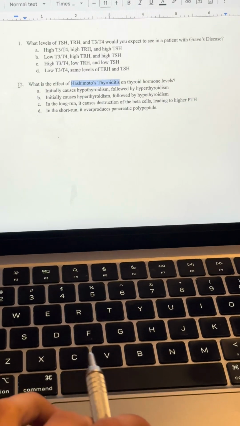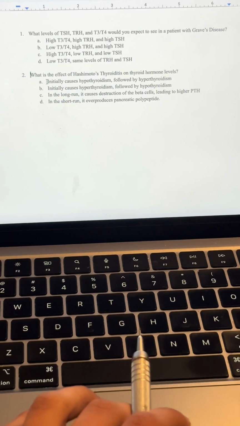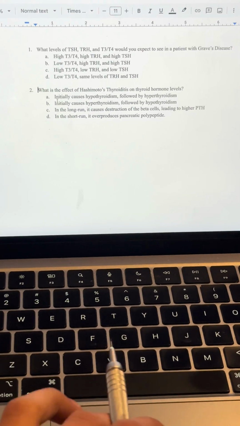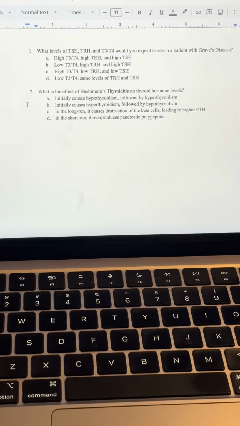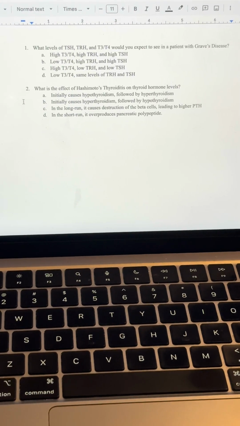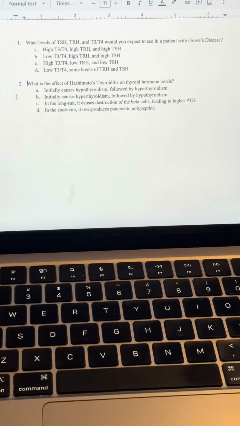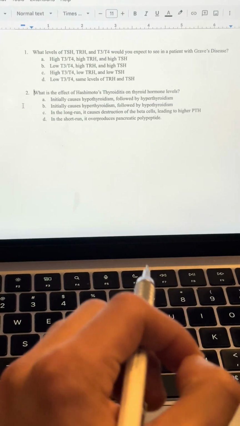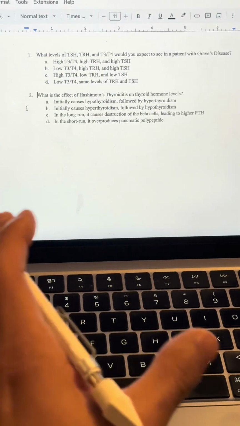Now, if you have Hashimoto's thyroiditis, you might just think that the elimination of the thyroid gland is going to mean that you're just going to have hypothyroidism. But think about the respiratory burst part that I mentioned. Just like a respiratory burst, leukocytes and T lymphocytes enter into the thyroid gland and are basically going to break apart thyroid follicles. And what do thyroid follicular cells have inside of them? The thyroid hormone, T3 and T4. So if you burst all the follicular cells, all that T3 and T4 that's stored is going to be released,